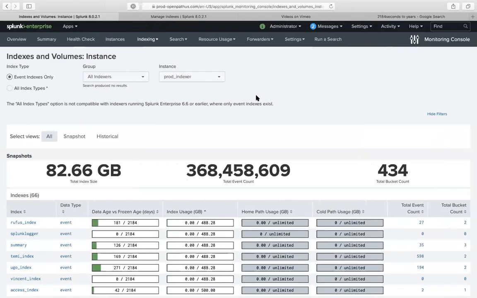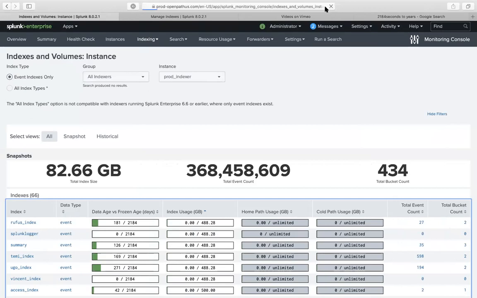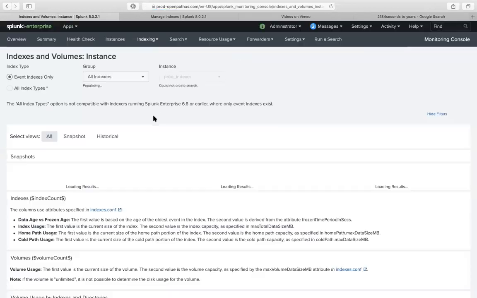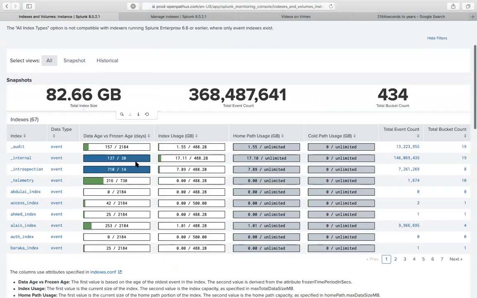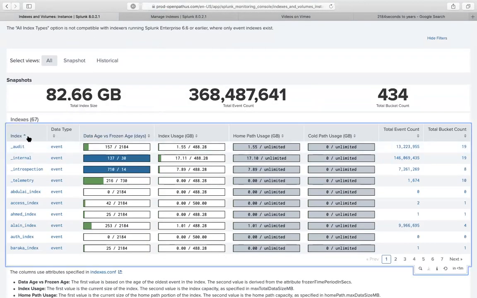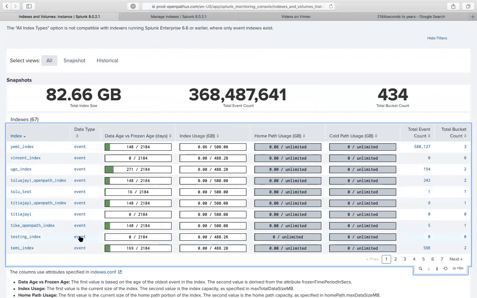Okay, so create a testing index. And let's see if it gets recognized by this guy quickly. Okay. So then there it is, testing index. Yeah, so it's weird because